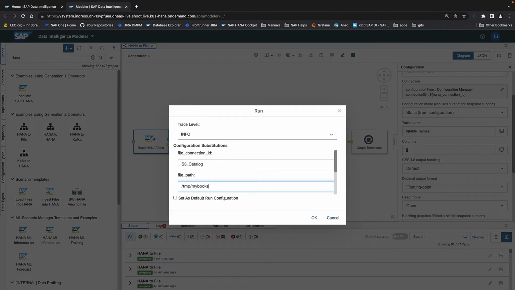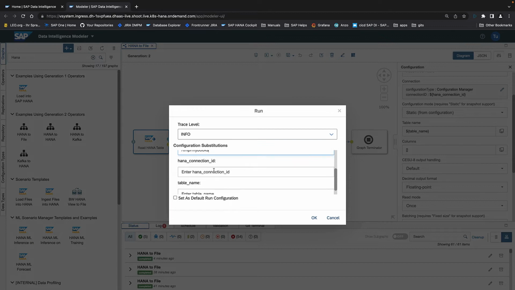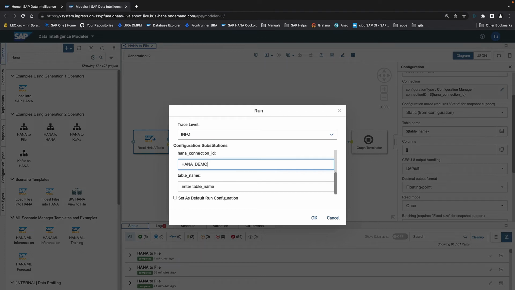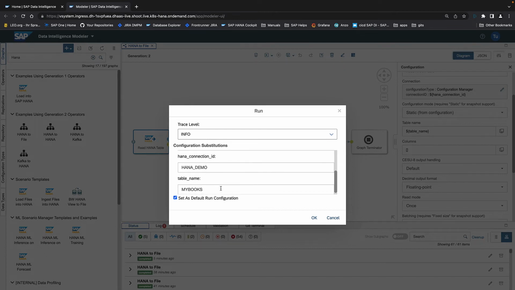my books, and the configuration is a HANA demo and the table name my books. We can save this as a default run configuration,